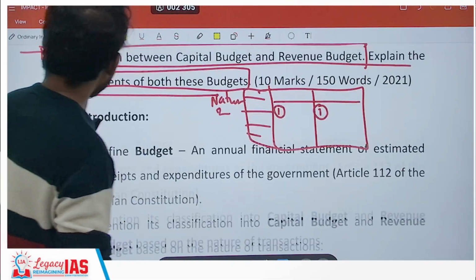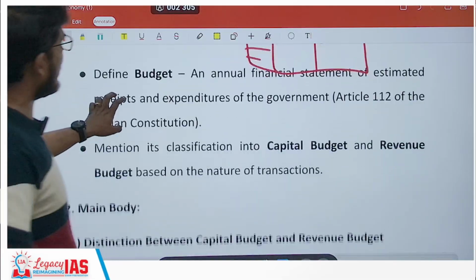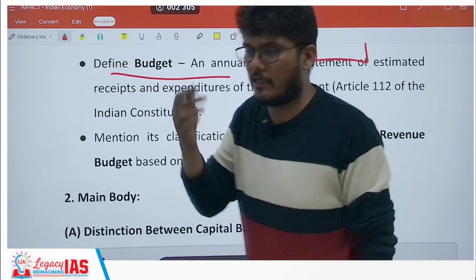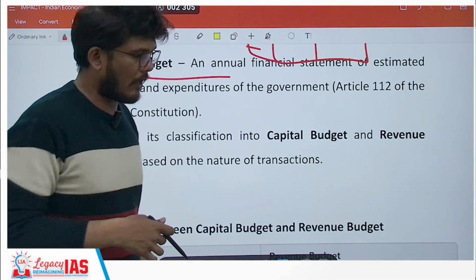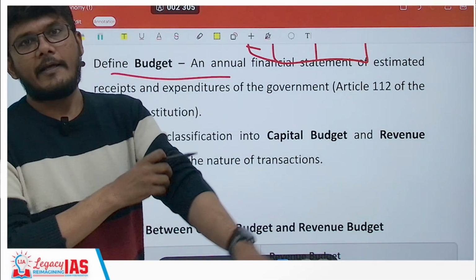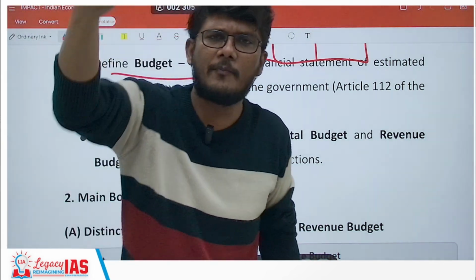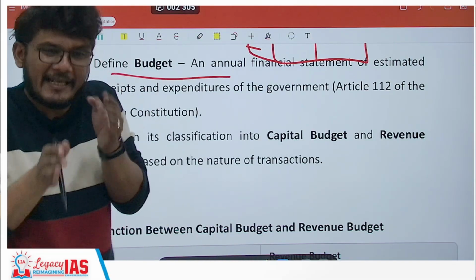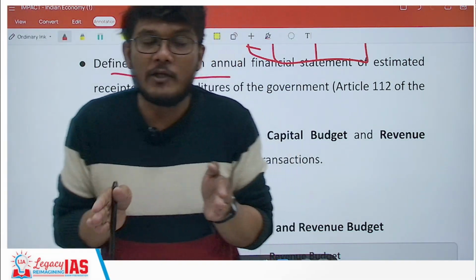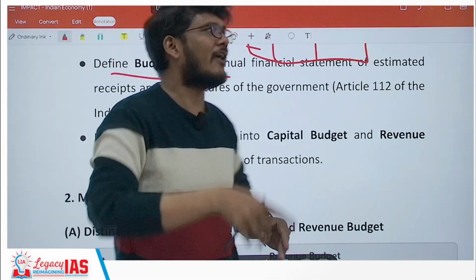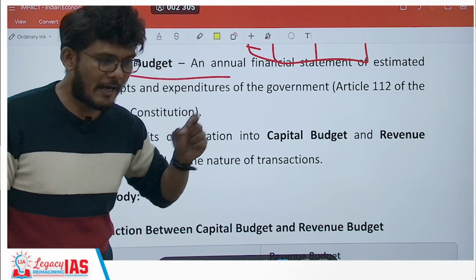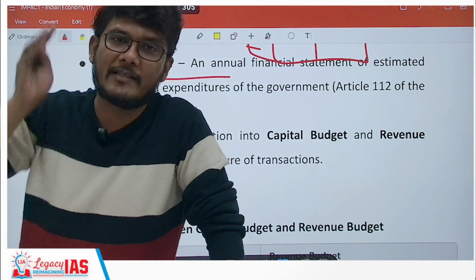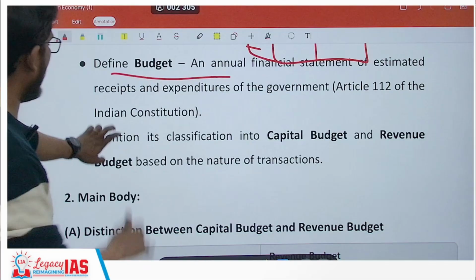So let's come back to distinguish between capital budget and revenue budget. Here also, of course, you can define or move ahead, but you can also make a statement which talks about how capital investment leads to long-term sustainable recurring revenue, etc. And revenue budget is of day to day. Here itself, what are you doing? You are starting to address the question itself in a 10 marker. Because in a 10 marker, the words are very less, so the introduction should be such that it starts to address the question itself. You can do that.